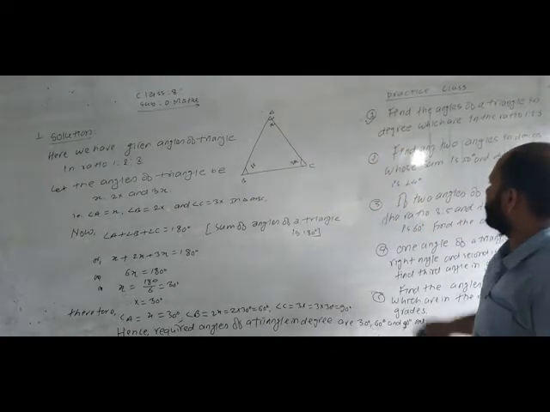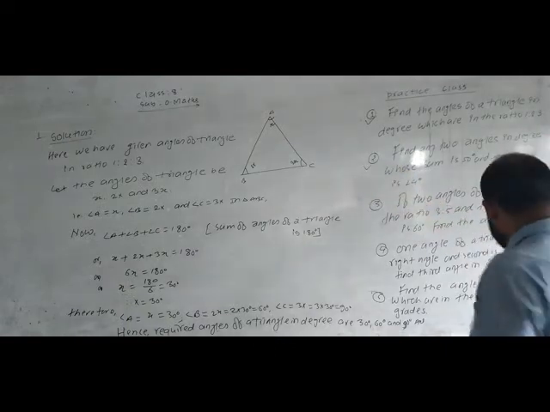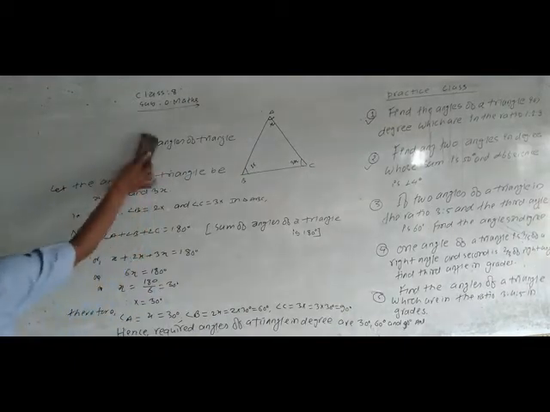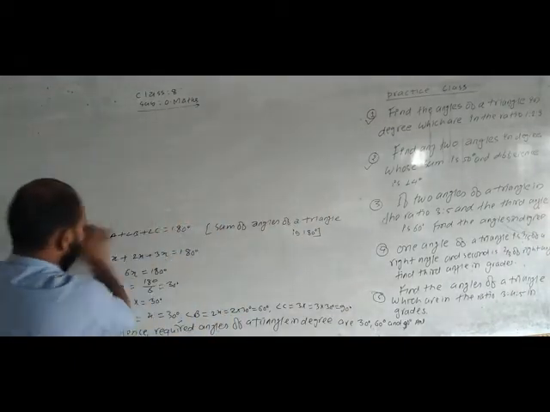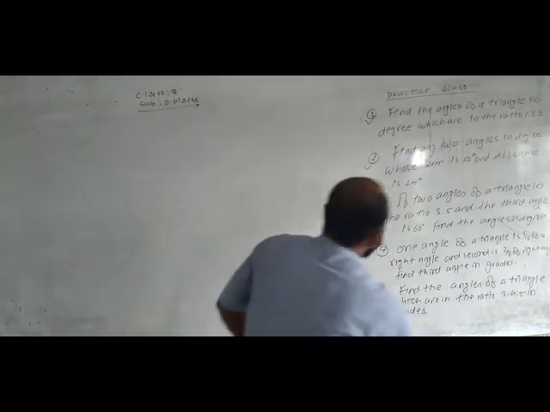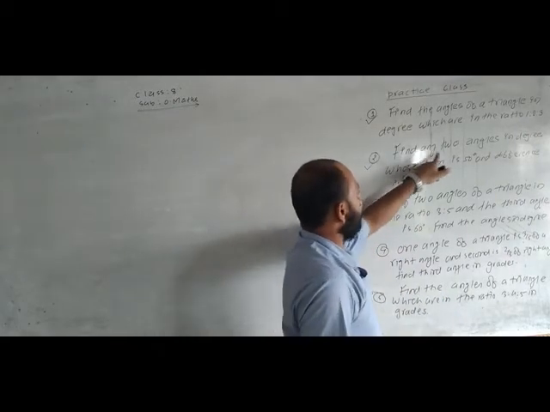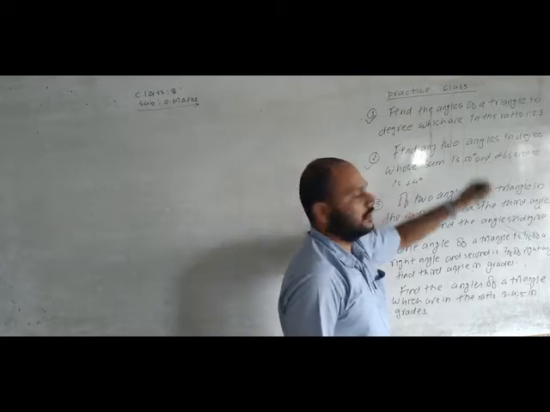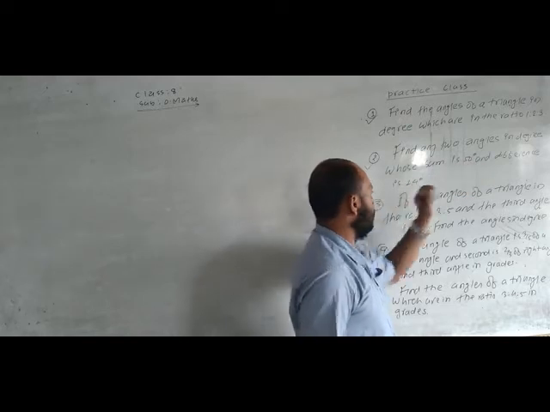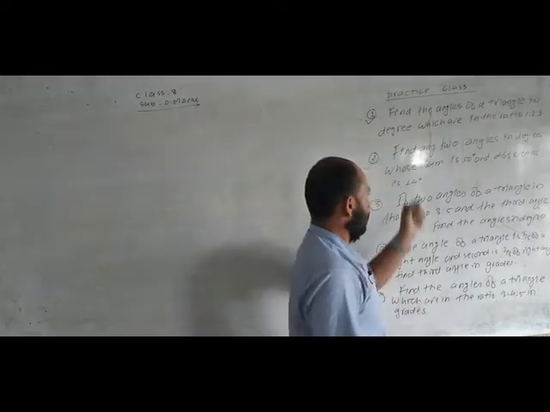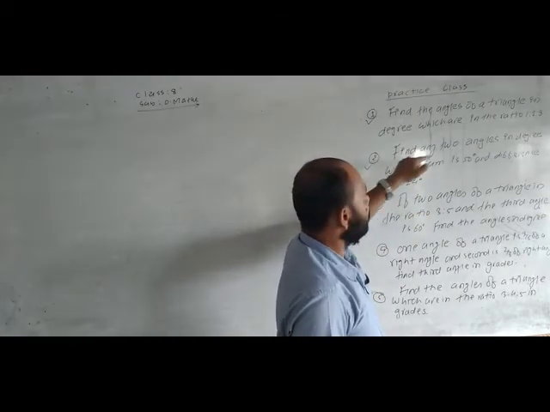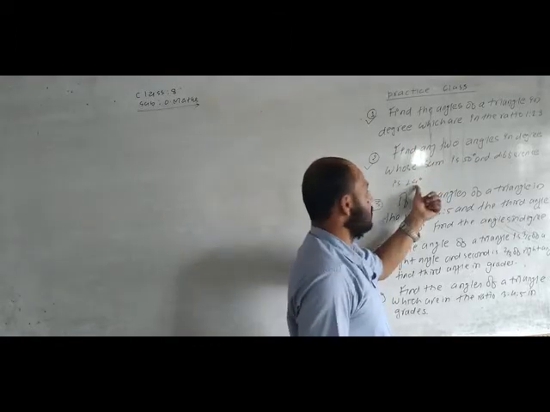Okay. Now we complete question number 1, and now look at question number 2. First we read the question. All of you, my dear friends, read this question. What does the question say? Your question says, find any two angles. It does not indicate triangles. Find any two angles in degrees whose sum is 50 degrees and difference is 40 degrees.